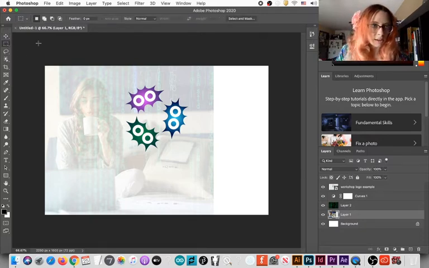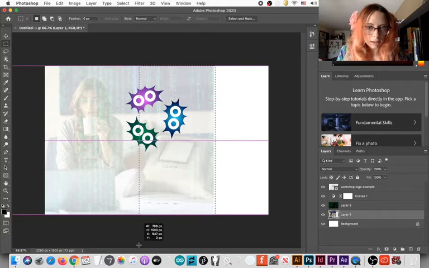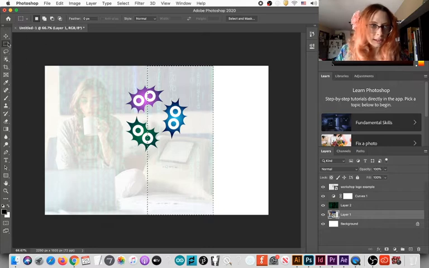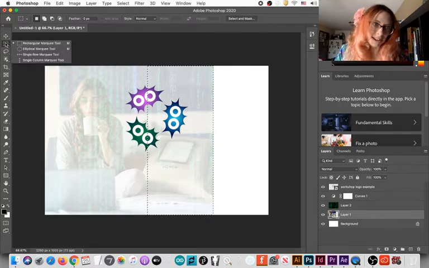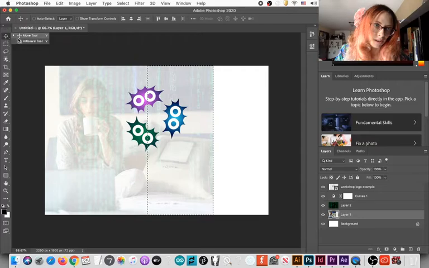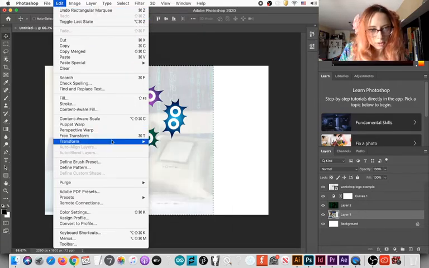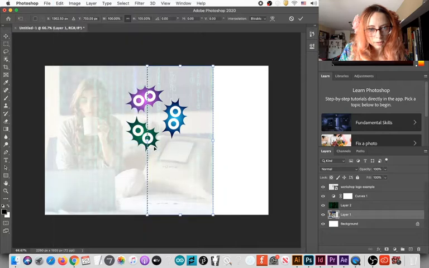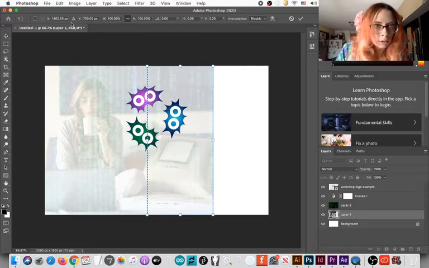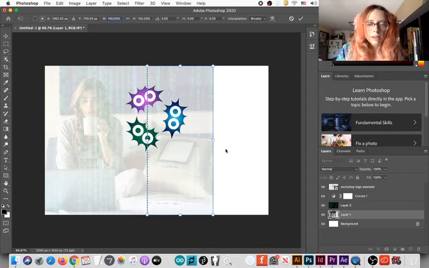So a quick and cheap and dirty way to fill this image would be selecting with the rectangular tool and using the free transform or transform scale tool, and we can drag and drop it.